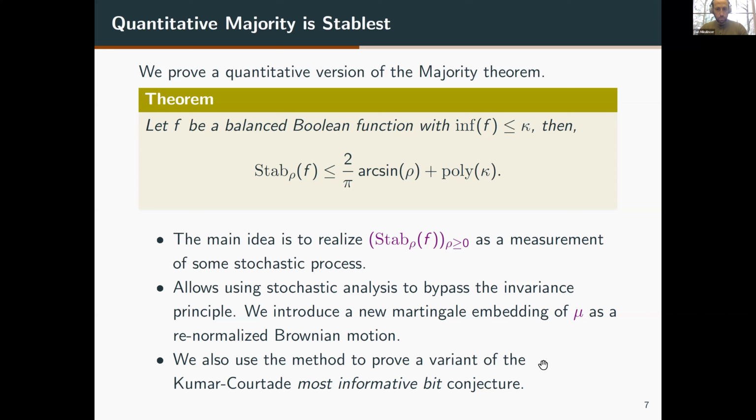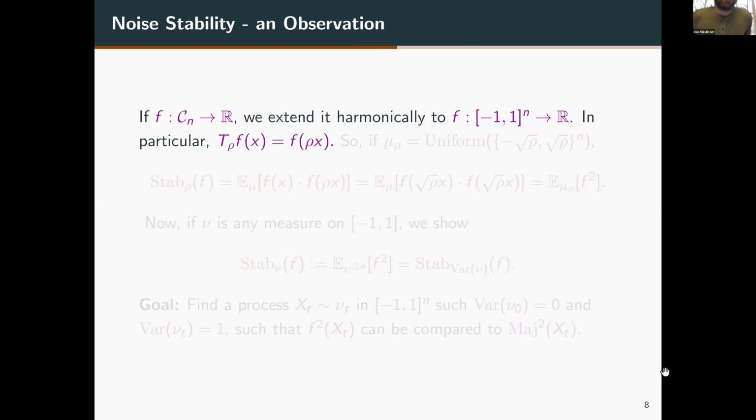Okay, so let me discuss how to realize noise stability as a measurement of some process. And here is an observation. If you have any function on the discrete hypercube, the first thing we do, we extend it to a function on the solid cube, right? Because if you want to have some Brownian motion, it is a continuous object. We should work in a continuous space. How do we extend it? We extend it harmonically, right? You can think about it as solving the Dirichlet problem,